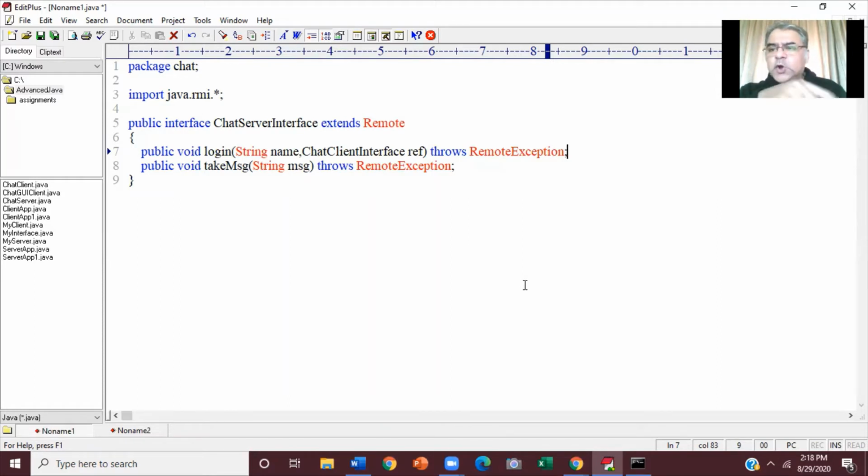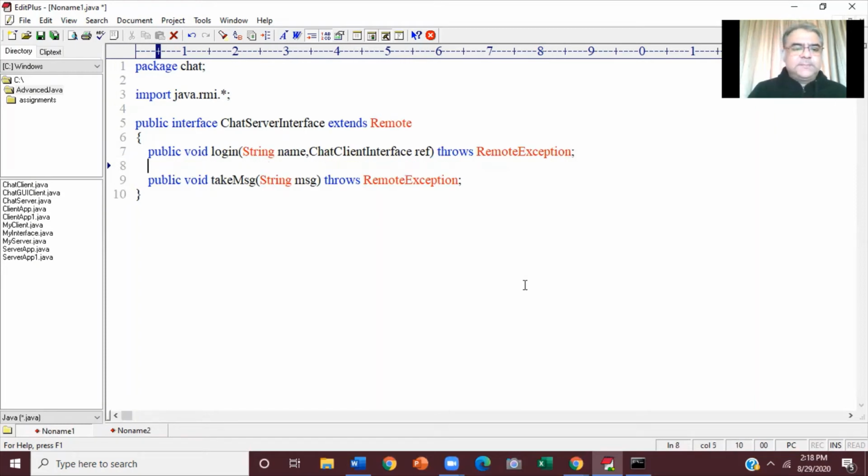So that method should either take parameter string, or chat client interface, or it may take both of them. But I think one parameter is sufficient. So we'll make this method take only one parameter, string. So any client who's going to call this method, he's going to pass his name. But yeah, here we have an assumption that every client has a unique name. That is our assumption, correct?